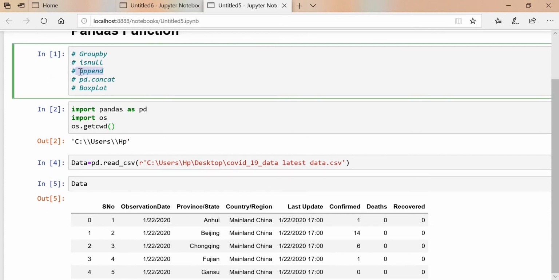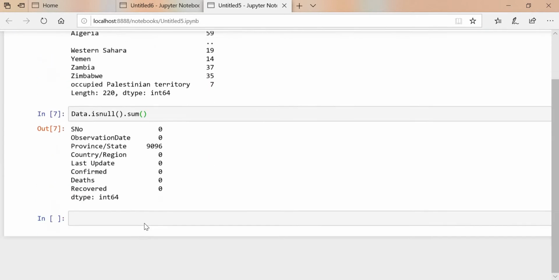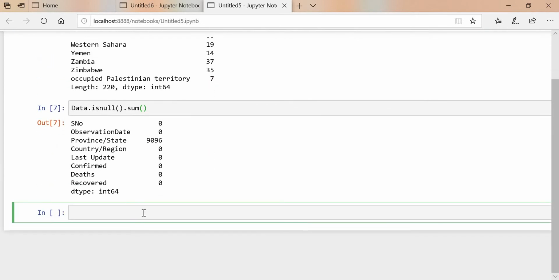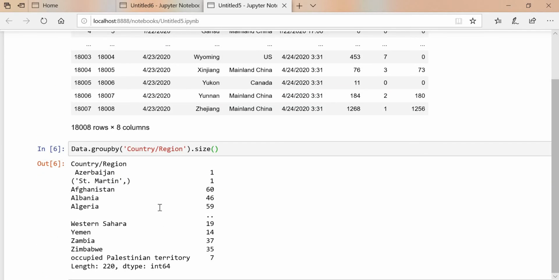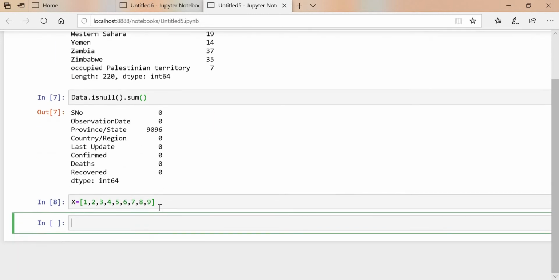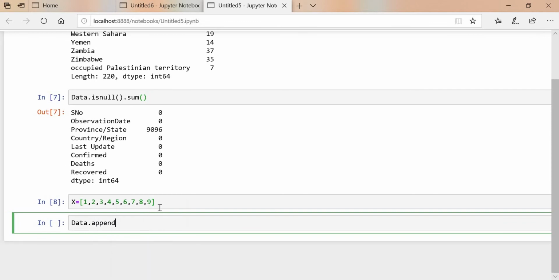Then the append function. To check the append function we need to create one variable, so we'll create that. x equals, let's say we'll create one list. Then we'll execute this one. Then we'll append this list into our data. Let's say data dot append.